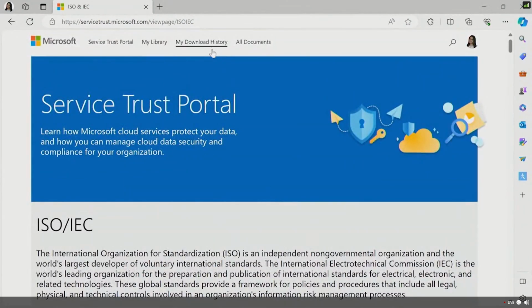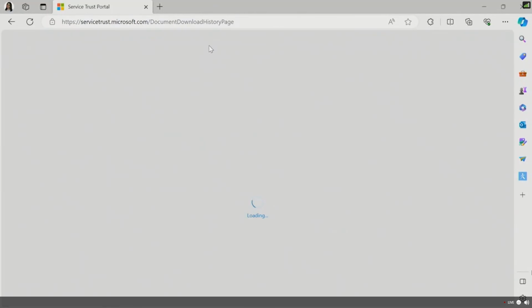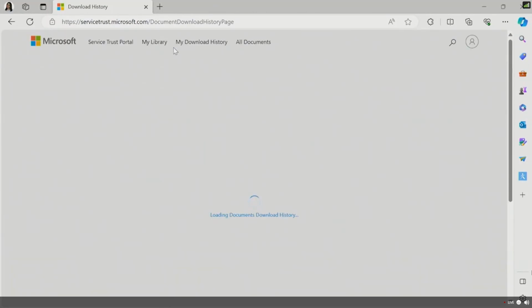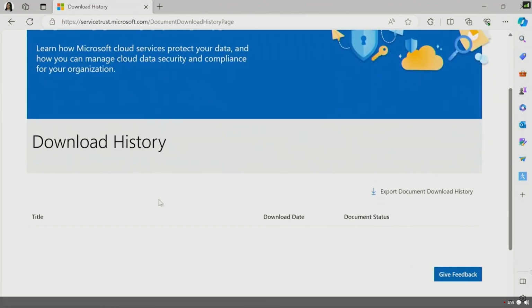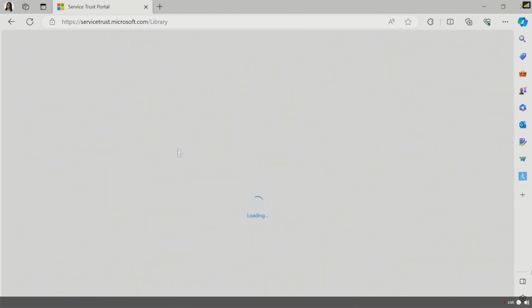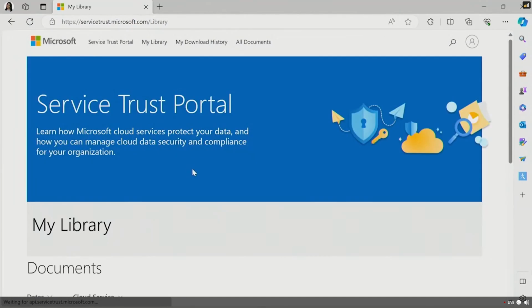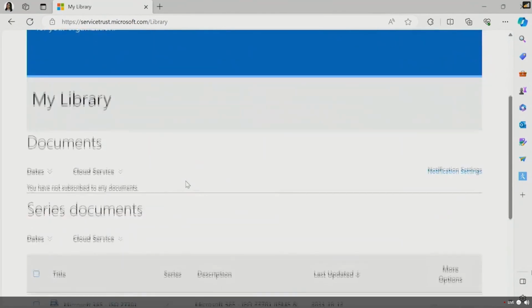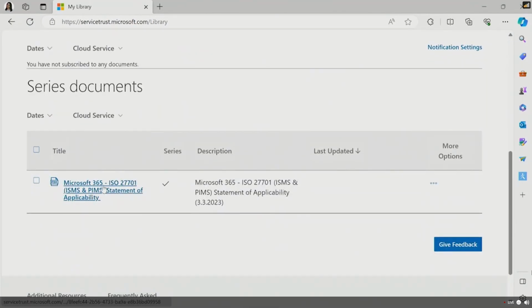Once I have done so, I could go to my downloaded history to see if I downloaded any file. I haven't done so. And in my library, I could see this was added to my profile. So I see the document, and there is this document was added to my